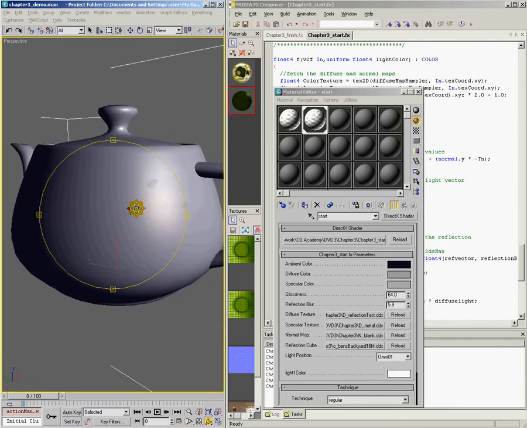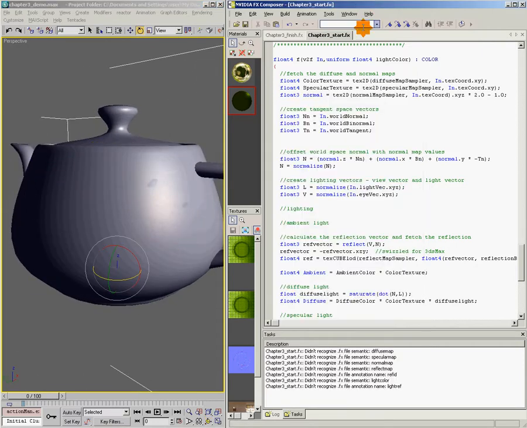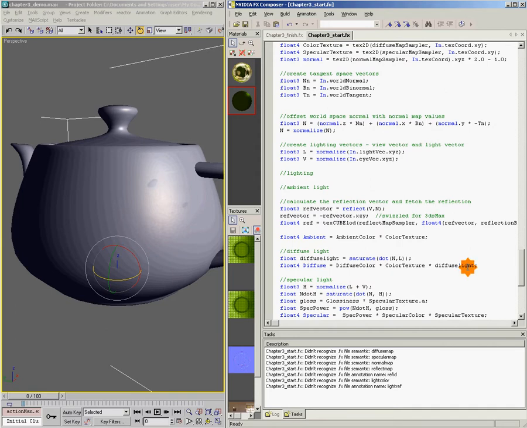And what I want to show you now is how to mix the reflection together with the ambient, diffuse, and specular. And in order to do that, I'm going to come right in here where we calculate our diffuse, and I'm going to use a lerp. So I'm going to say diffuse equals lerp, and lerp stands for linear interpolation. It's just blending between one thing and another thing. And in this case, I'm going to blend between our